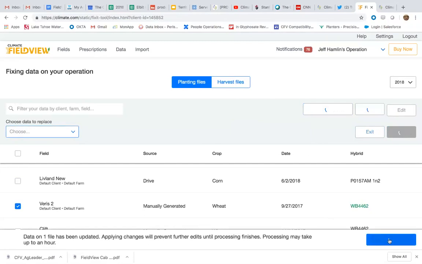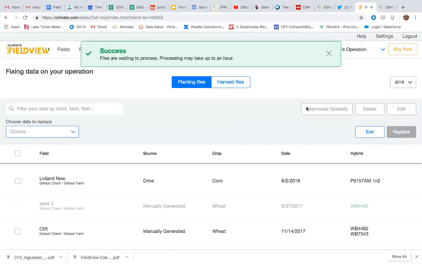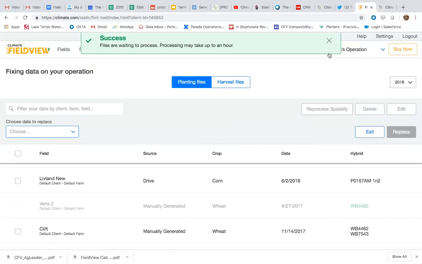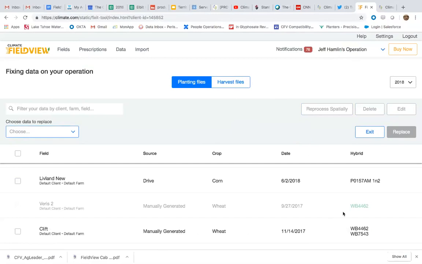It's going to ask me if I'd like to apply these changes. I'll say apply changes. It says this may take up to an hour. It shouldn't take that long depending on how big the field is. But what will happen here once I'm done is I'm going to have variety consistency in terms of naming in my account, and when I run reports of how that variety did on my farm as a whole, all my data will be aggregated in one place